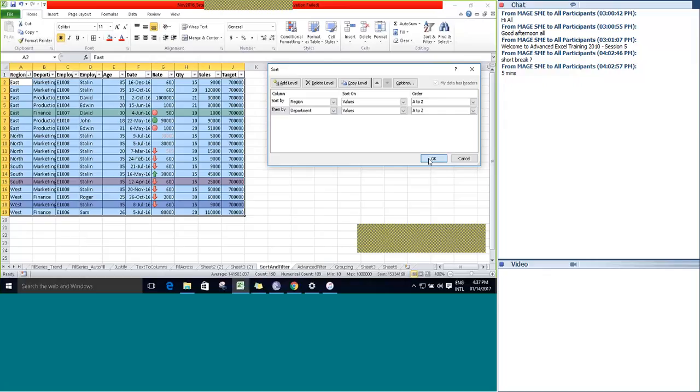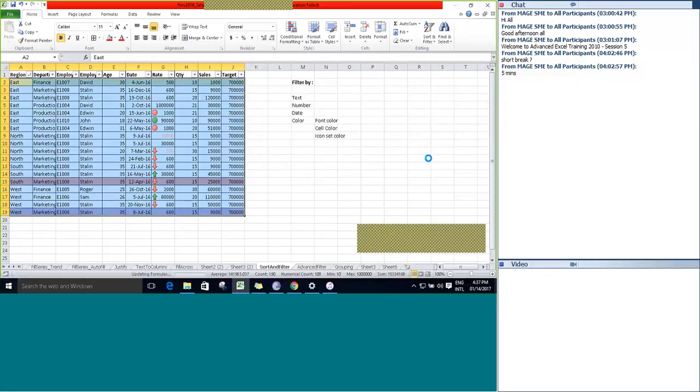Similarly, one more step, add level. So if you want to add a new level in the third position, then you can use the up arrow and down arrow to move up or move down at any point of time. And again, let's go with the rate. So for rate, you can see cell color, font color and cell icon.